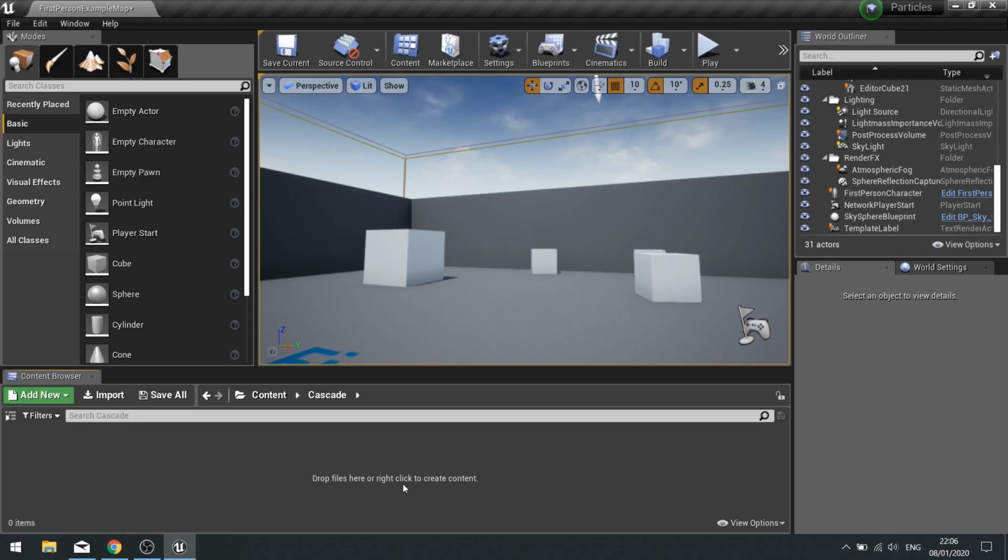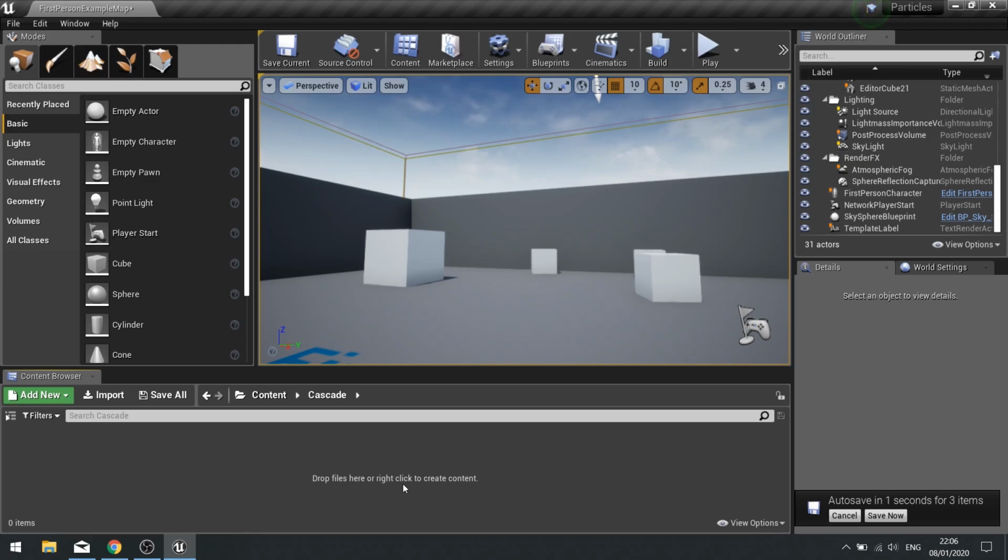This is going to be the first in a numerous amount of videos. I have no idea how many it's going to be, but a lot of videos about particles and the particle systems available to you in Unreal Engine 4. Now, as I said, there are particle systems, meaning they're multiple. There are two. There's one called Cascade and one called Niagara. Niagara is the newer one, but Cascade is still very easy, user-friendly and available to you to use in Unreal